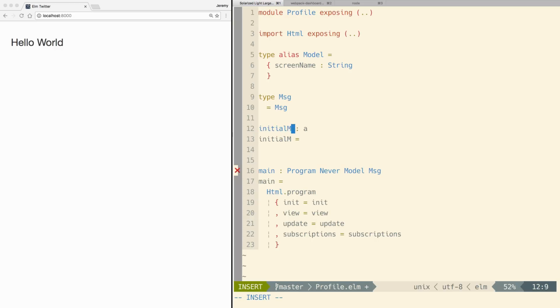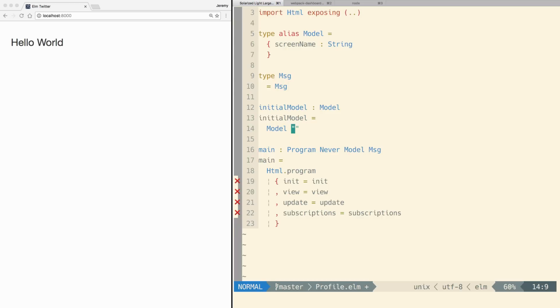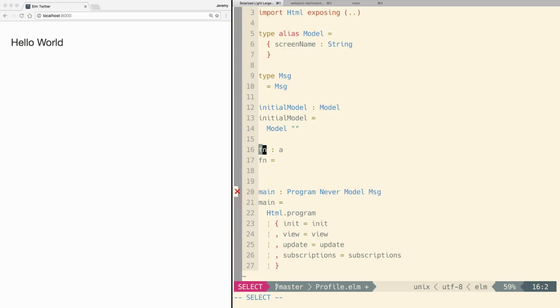I'm going to define an initial model for our Elm to know where to start. We'll use the constructor function it gives us from the alias, so the first parameter would be the screen name. Once we start off, we don't have one, so we'll use the empty string. We're going to define that in init, and that's going to be a tuple, a pair, of our initial model